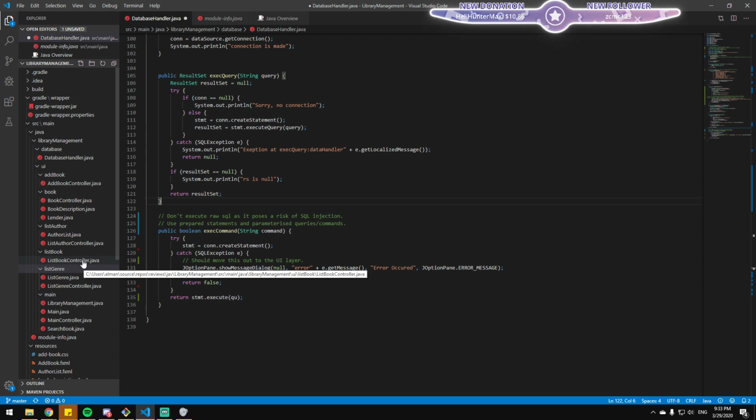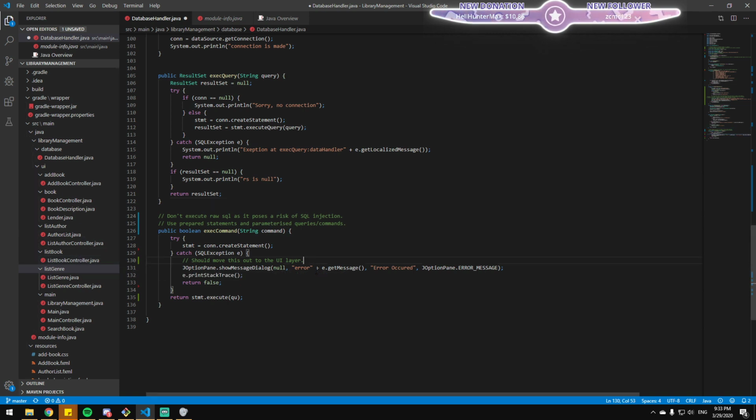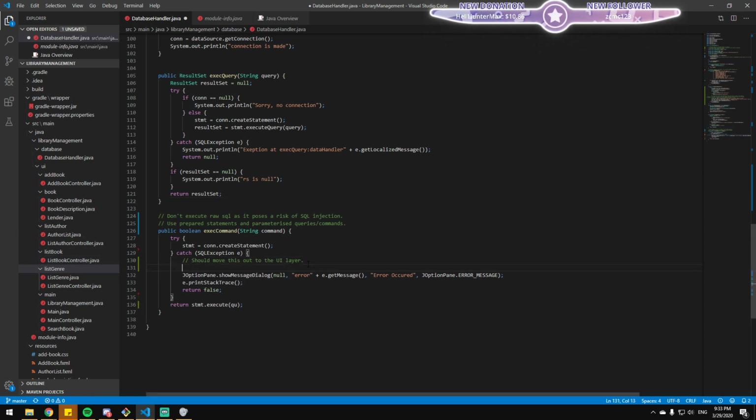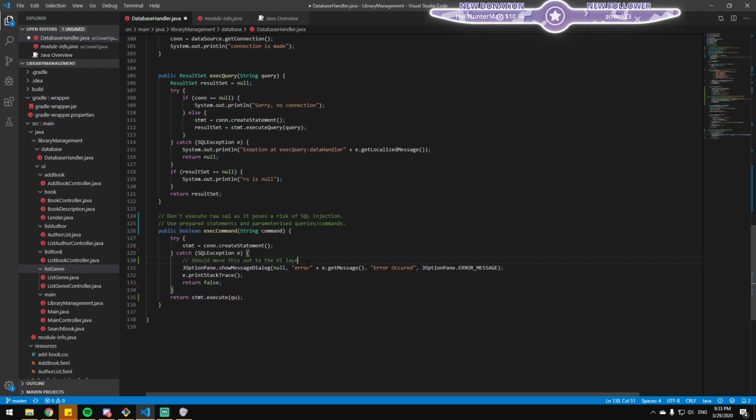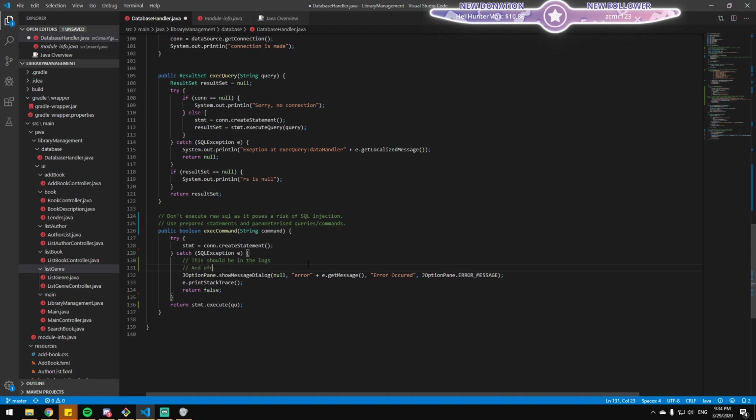Well, yeah, just in the logs, then it would be fine. So this should be in the logs, and for the user, you should print something more general.